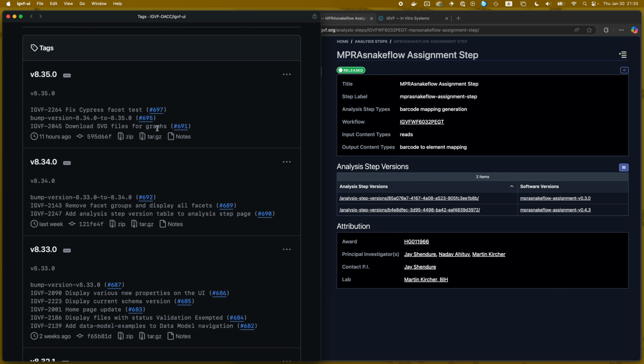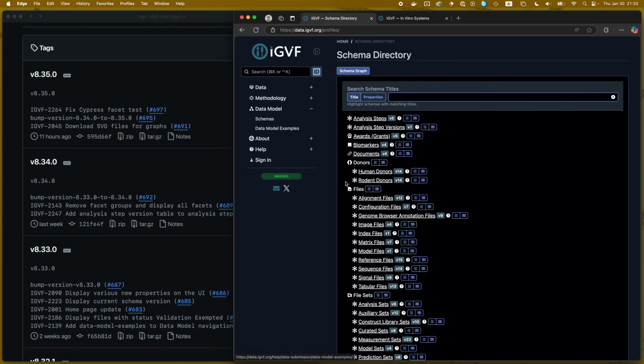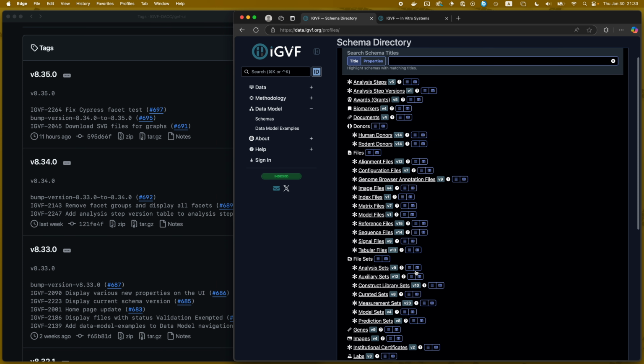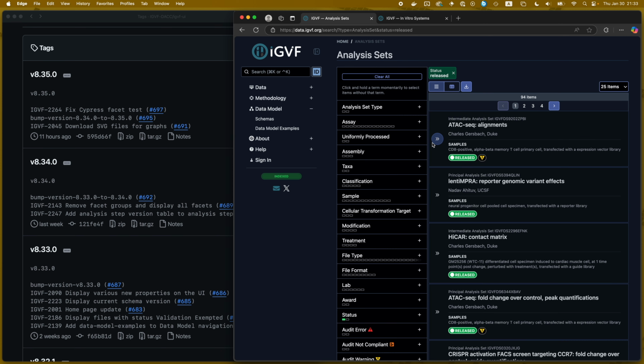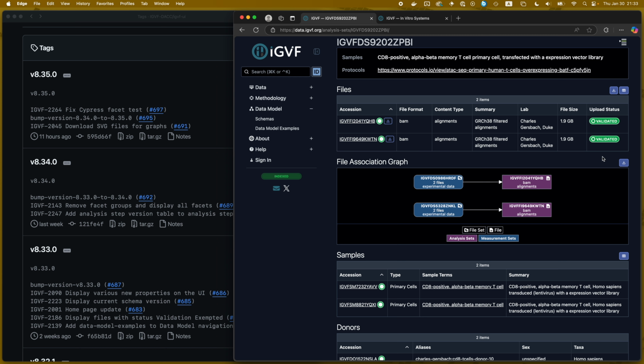Download SVG files for graphs. So that is a new feature. If we go to analysis sets, and let's find one with a graph, and here's one. We now have this download button in the upper right corner, and if you hold your mouse over it, you get this tooltip that says you'll download an SVG file. And if I click it,